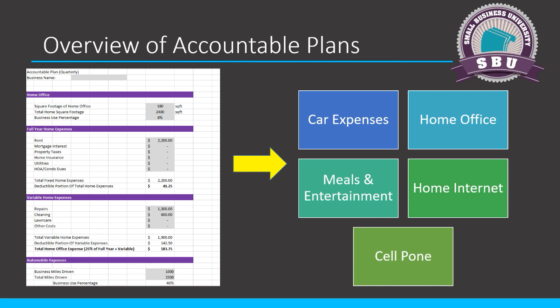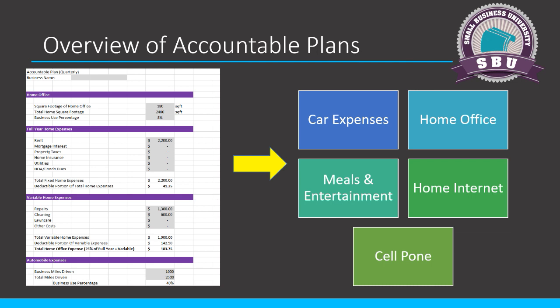Really, the IRS documents say they need to be submitted at least every 60 days, but you can create a plan document that does it quarterly. And case law, meaning when the IRS goes in and takes a look at these, they've been accepting quarterly. So we can use some of that case law to say our clients can do quarterly. They have to submit these expense reports for anything they want to deduct from their personal life. If the S corporation does not own the asset or pay for these items in your personal life, it can't deduct them unless the employee submits an expense report. That's really all we're getting at.